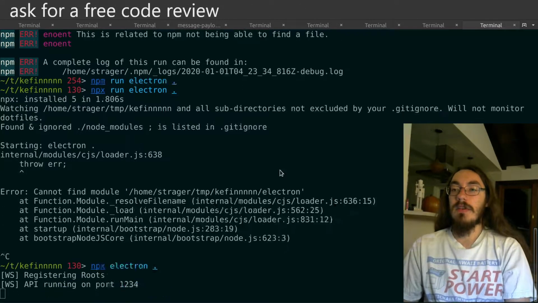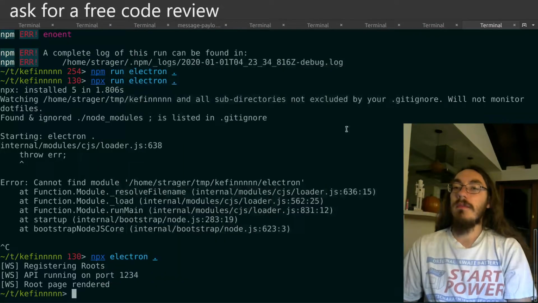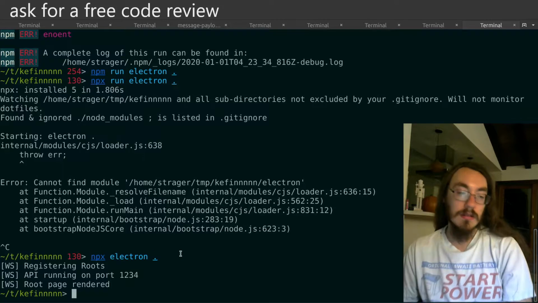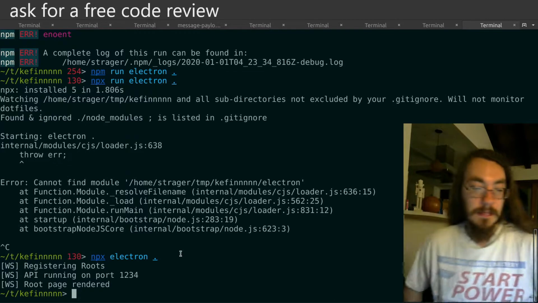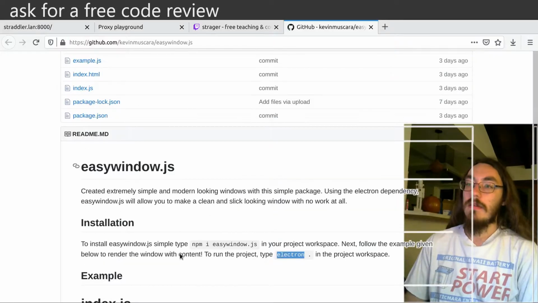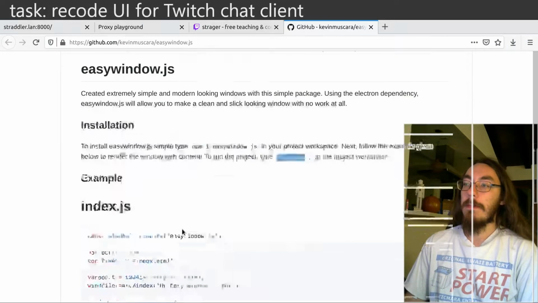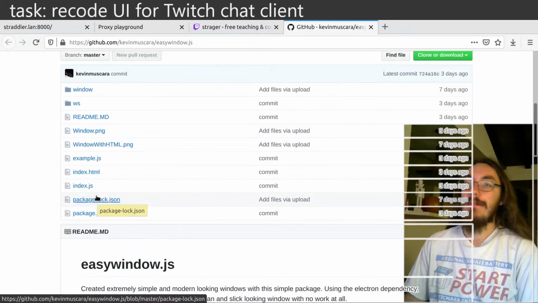Unless you meant just like npx electron. Oh, that works. So yeah, maybe you can suggest running npx electron dot. Anyway,